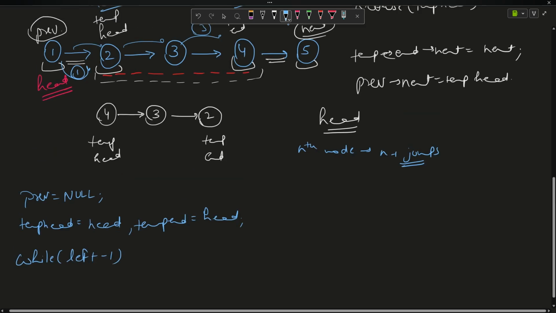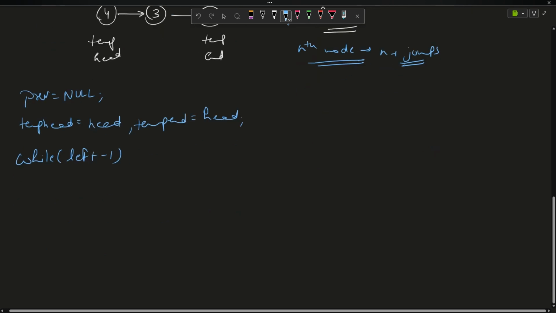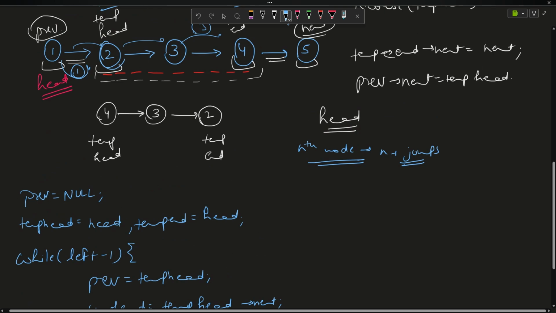Because for the nth node we require n minus 1 jumps. While left minus 1, previous equals temp head, and temp head equals temp head next. This particular loop will set my temp head here.